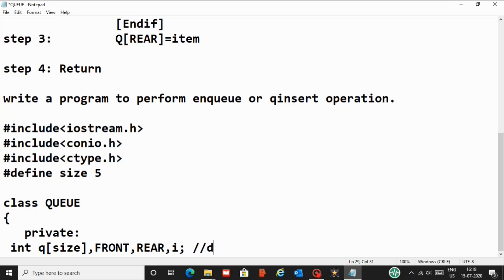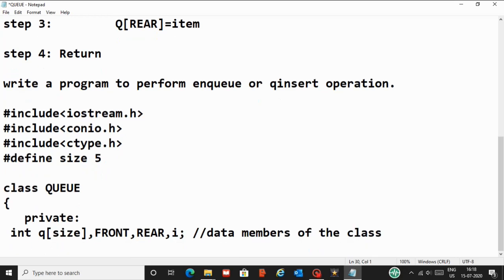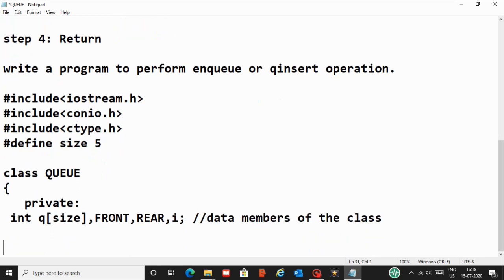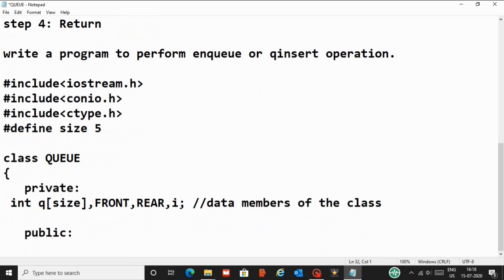These are the data members of the class, and next I will have public, because I need to access these member functions outside the class. So I would be declaring them in public. So first let me start with the constructor,